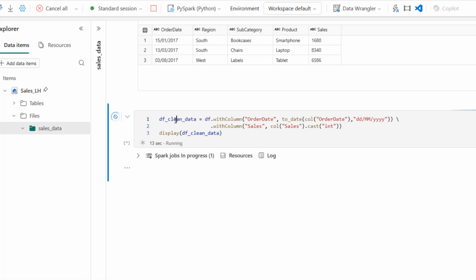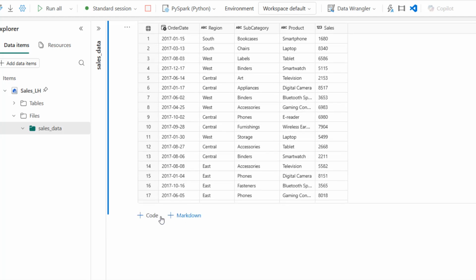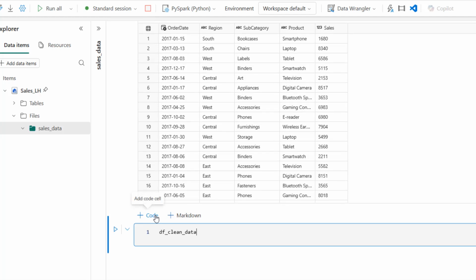So while that is going on, I'm going to copy this variable, and there we go. So we can see this has been treated as a proper date column, and then we have this as an integer, which is absolutely fantastic. Now I want to create a new cell at the bottom. Now I'm going to paste the